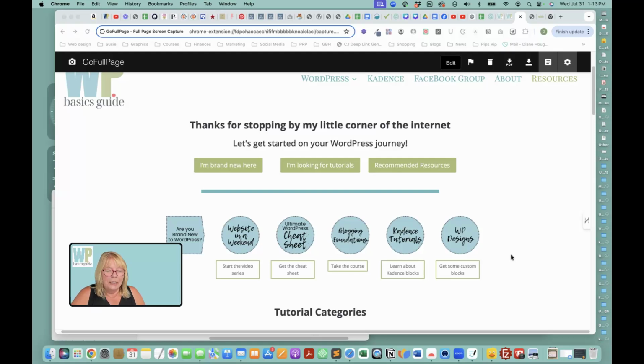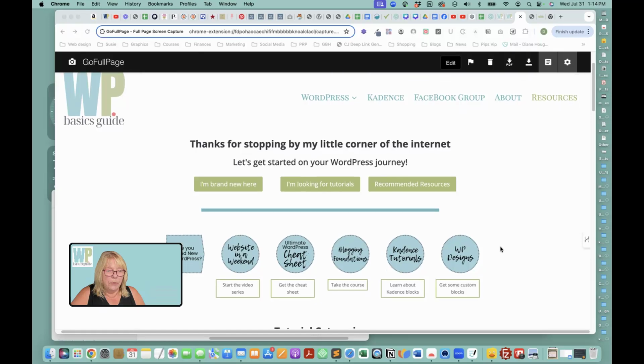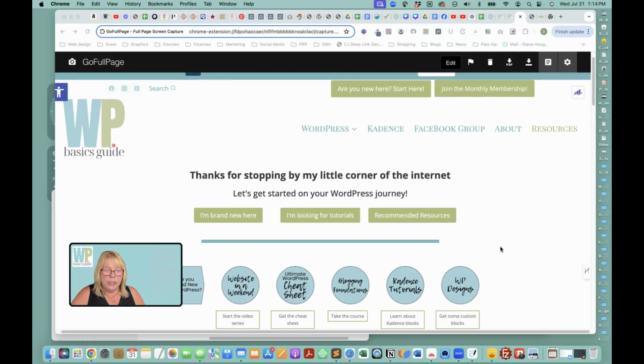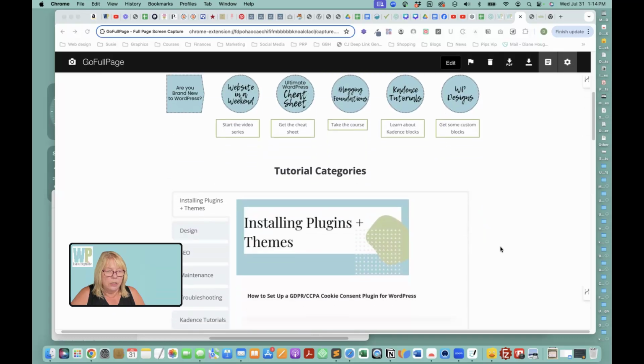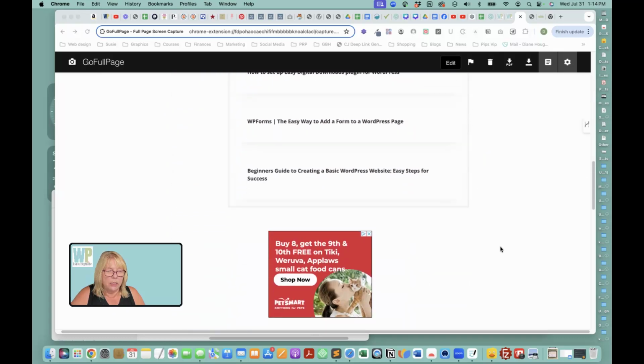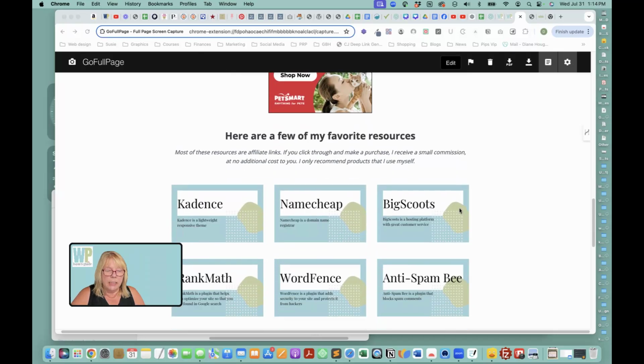Hey guys, I recently started running ads on my site, and although I'm not a big fan of ads, I do need to make a little cash here and there. So, I noticed that here's my Start Here page, and this is a full page screenshot. And so as you would scroll down, this ad was showing up in the middle of all my content,